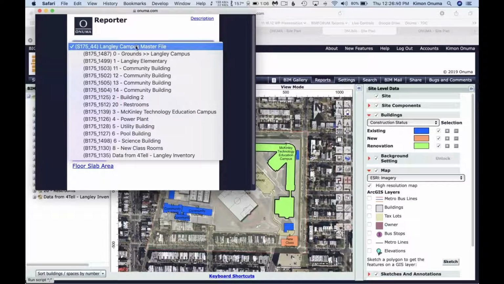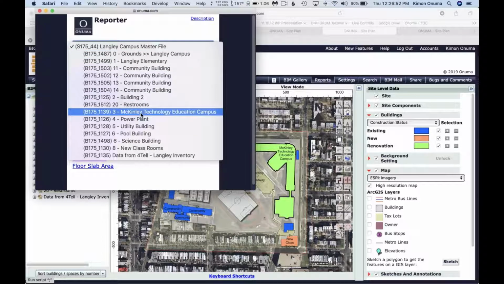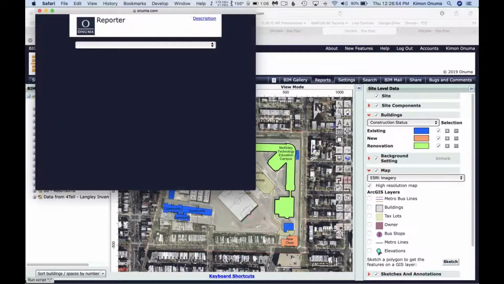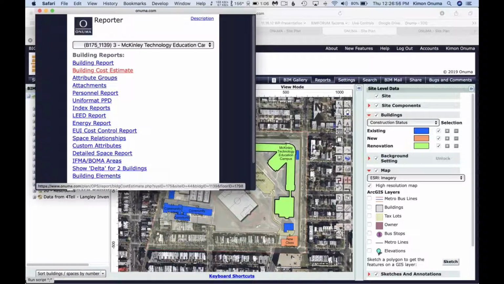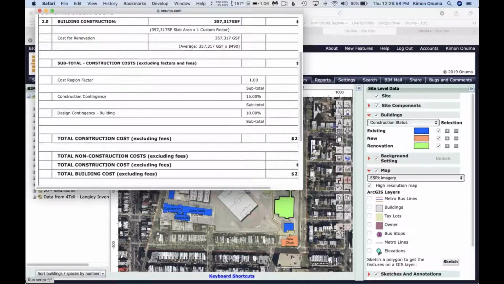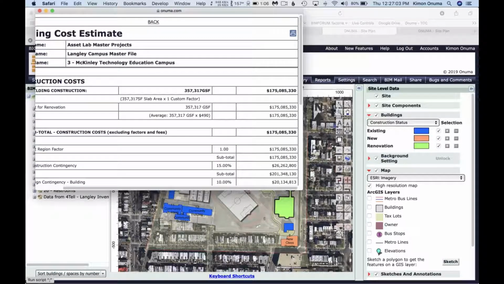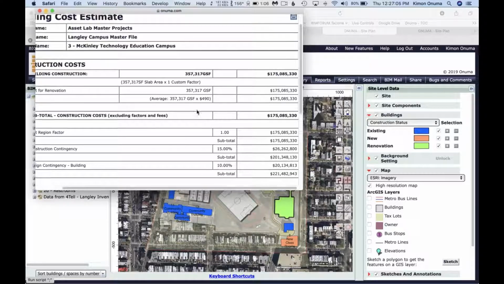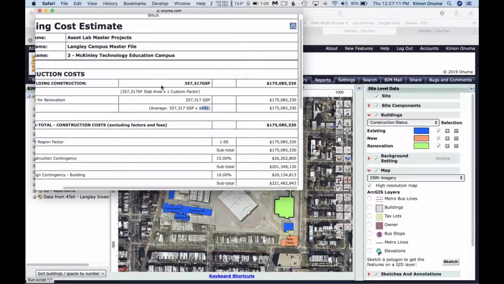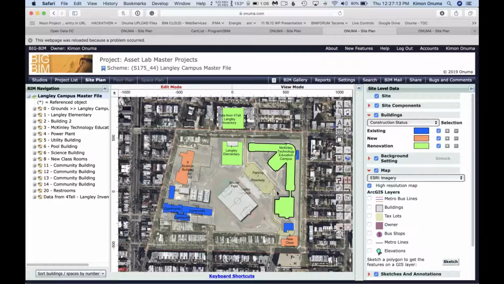And we said, what's it going to cost to renovate the McKinley Technology Campus? And looked at the cost estimate report, just like Stacy was showing earlier. And we said, okay, it's a big building. It's going to cost $270 million. Is that worth the renovation costs? These cost numbers of cost per square foot are actual numbers that are being used from CARS. So there are these types of scenarios that were set up here.